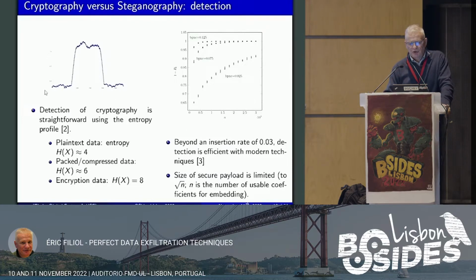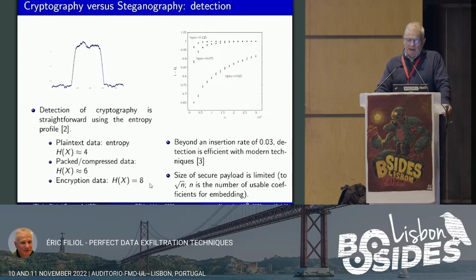For all the non-encrypted code, the entropy is rather low, and whenever you have a peak, it means that you have crypto. The entropy, denoted by H: normal data, whatever the language, is around 4. If you have packed compressed data, for example packed binaries, you will reach 6. And for encrypted data, you have the maximum per character, 8. So it is very easy to detect that you are currently transferring or exfiltrating